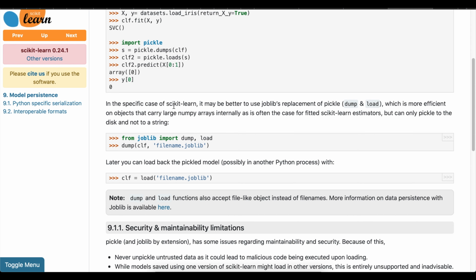In the specific case of scikit-learn, it may be better to use joblib as a replacement for pickle, which is more efficient on objects that carry large numpy arrays internally, as is often the case for fitted sklearn estimators. So it is better to use joblib when you have a large number of numpy arrays. That is what the statement is.